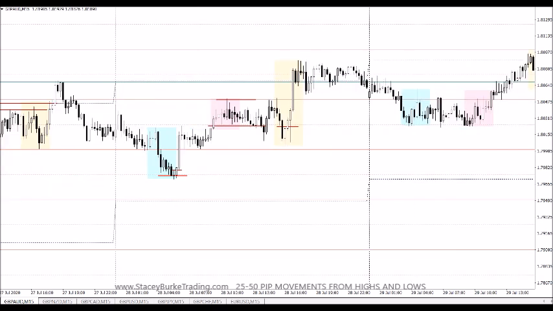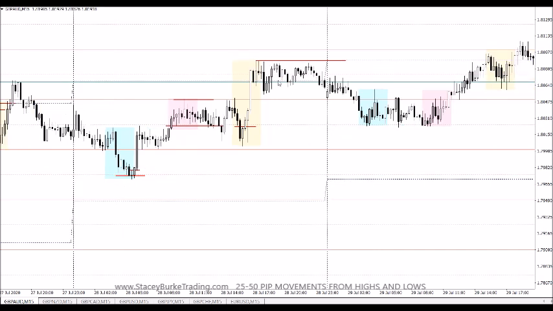So we talked about 50 pip movements from a previous day's high or low, 25 to 50 pips. So again, the market pulled back 75 pips and went into consolidation, dropped another 25 before giving a peak formation low. So there was no price behavior prior to that, but we're talking about the 12 candle windows. We go into the next day, we pull back into consolidation, 25, and then 25 more. The market reverses in that equities hour and gives us a peak formation low, but then pulls back and trades